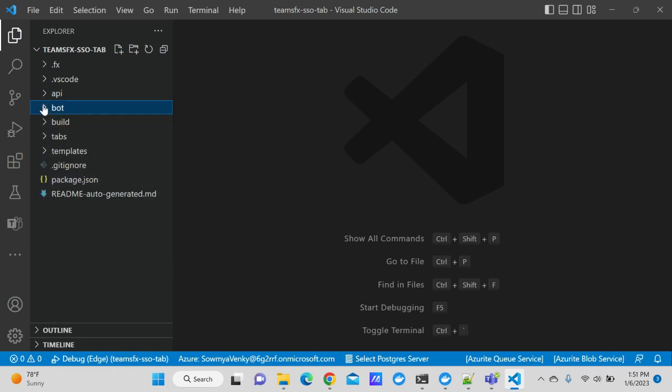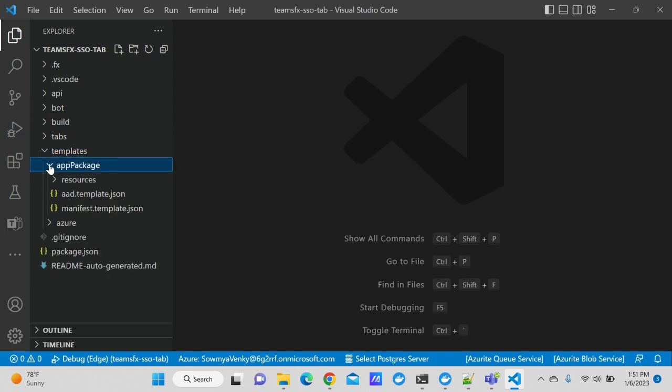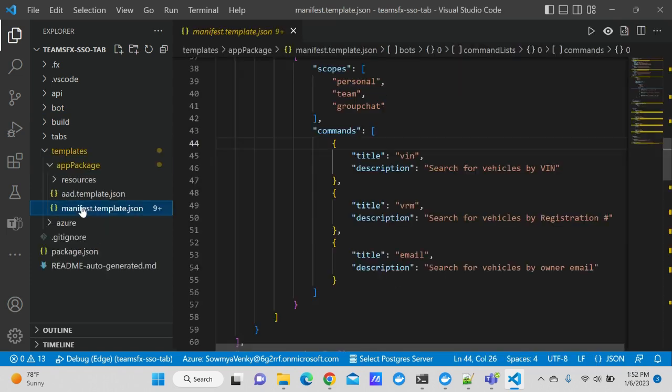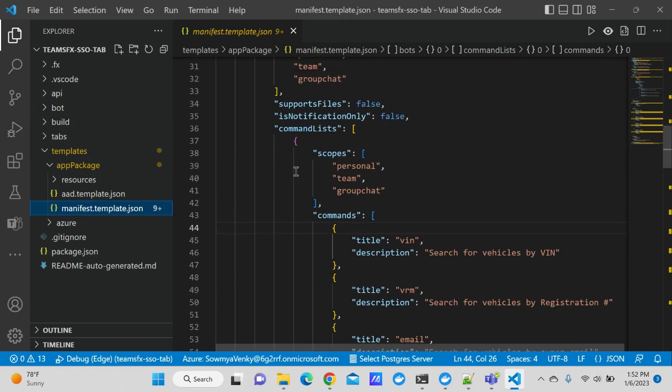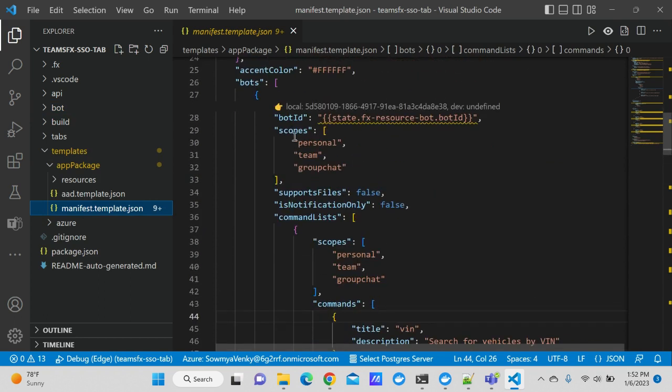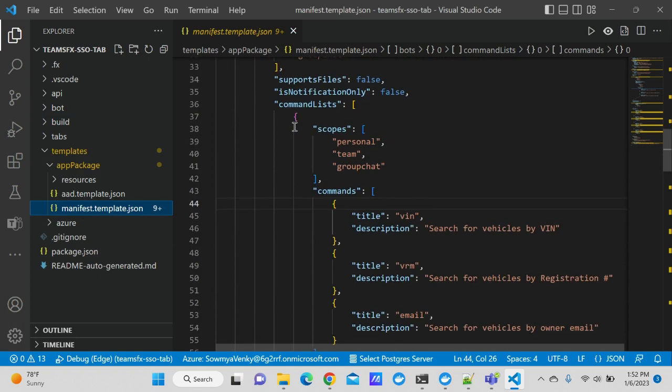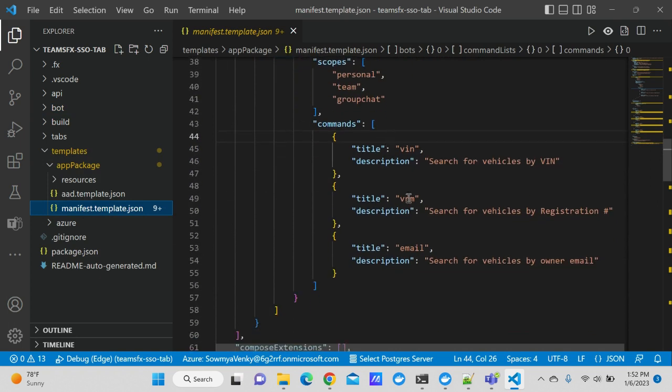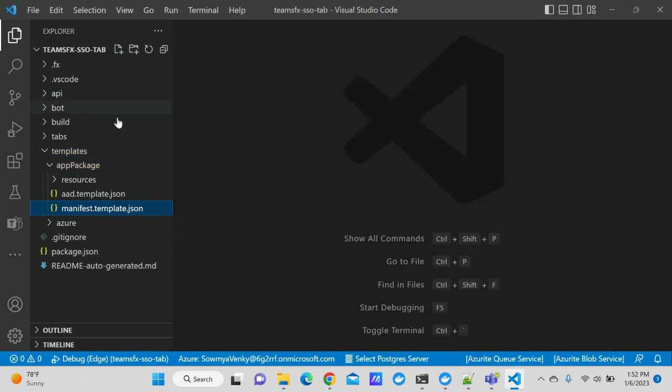For each of the commands that I've added, in the templates folder you need to put them as the commands in the manifest template. This is the bot that gets added because of the framework, and you will see that these are the commands. You can search by VIN, search by VRM. It should be VRN, but I put VRM for some reason and it's stuck to that right now. And email is, of course, the owner email based search. That is how the manifest is set up,